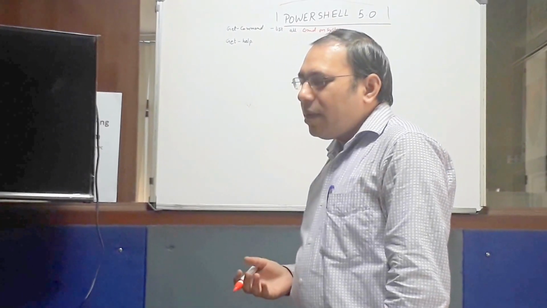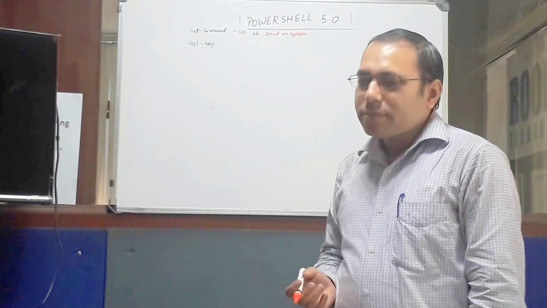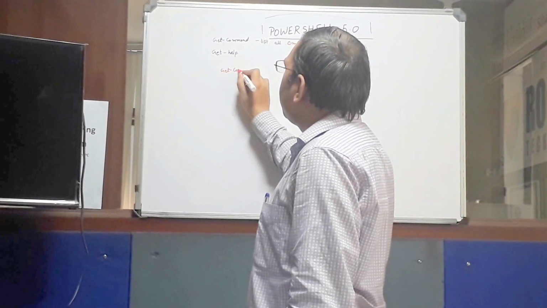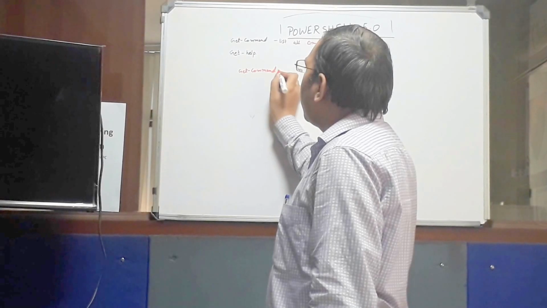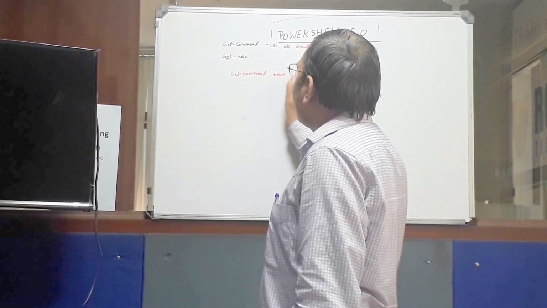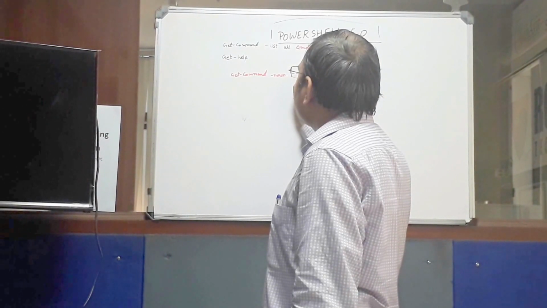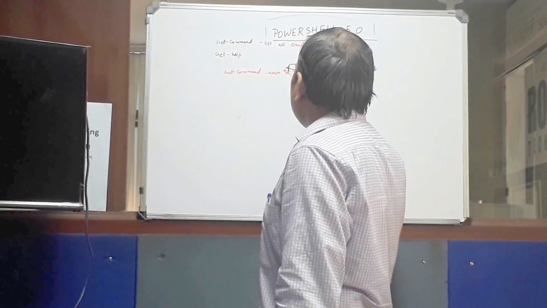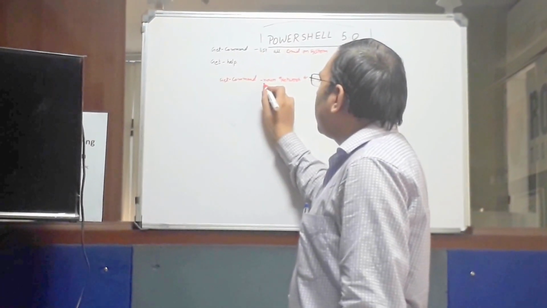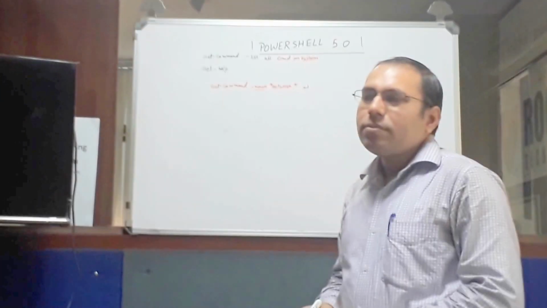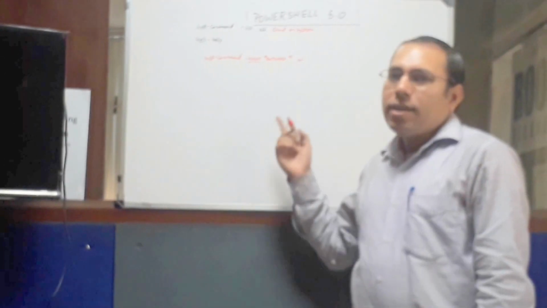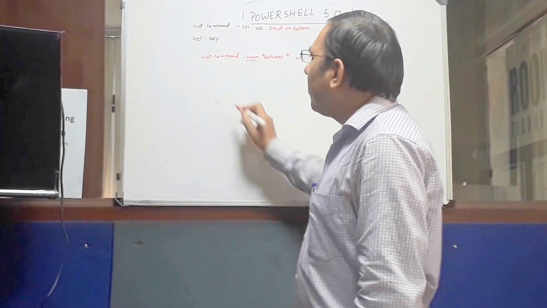Like you want to work with something which is related to the network. So in that case you will say Get-Command -Noun *network*, and you press the enter key. This word noun is nothing but the noun part of the verb. So it will give you the list of the commands, like get network related things, a list of the commands will be listed.